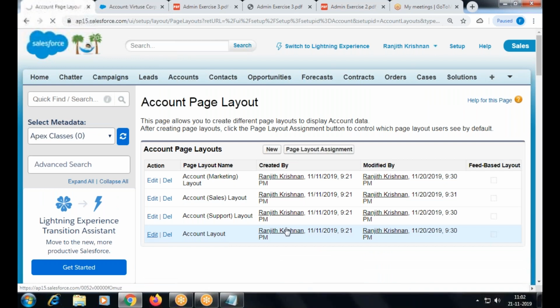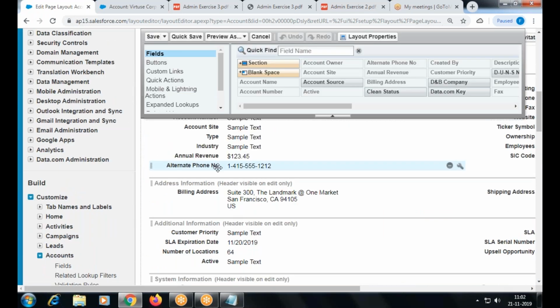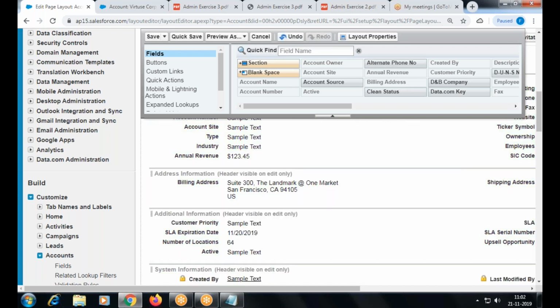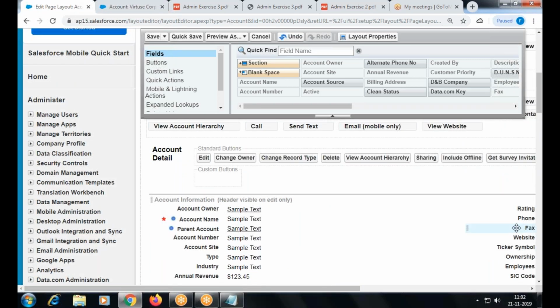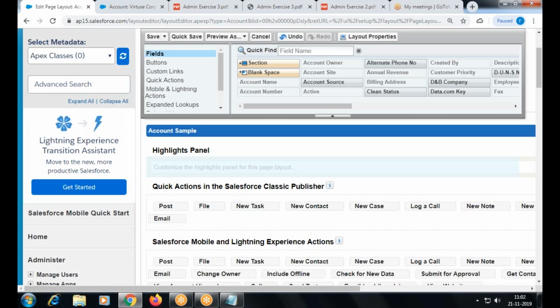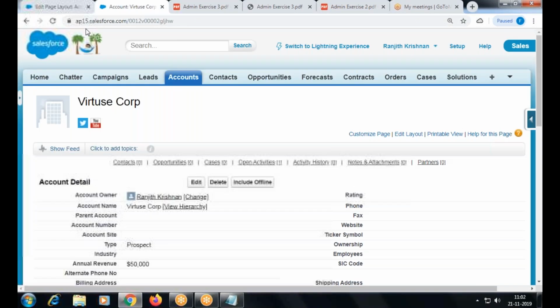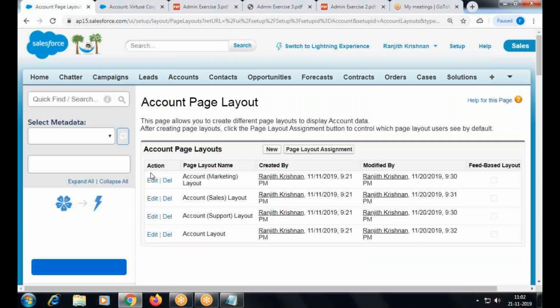I guess this layout. I think it's removed. Yeah. Refresh. Right? It's part of here. Okay. So you know how to add a custom field for your standard object also.